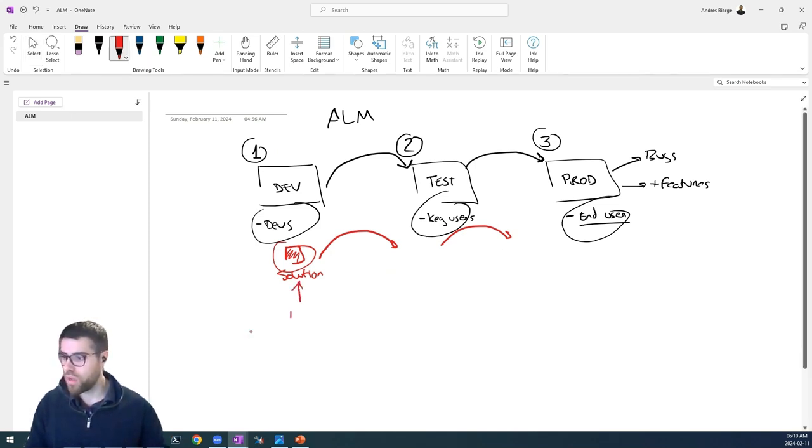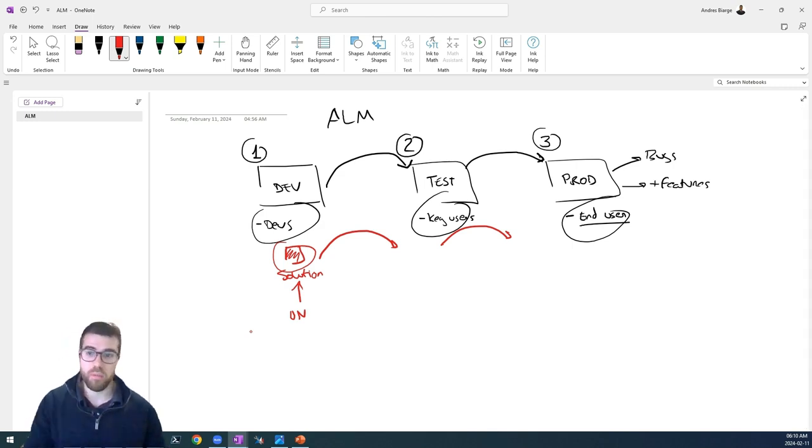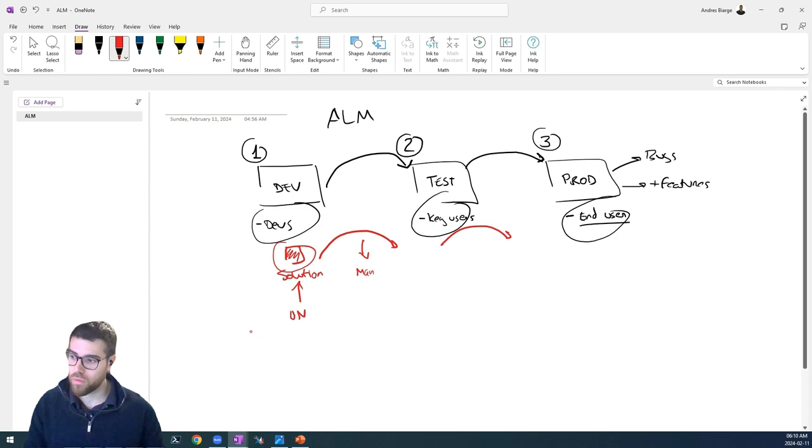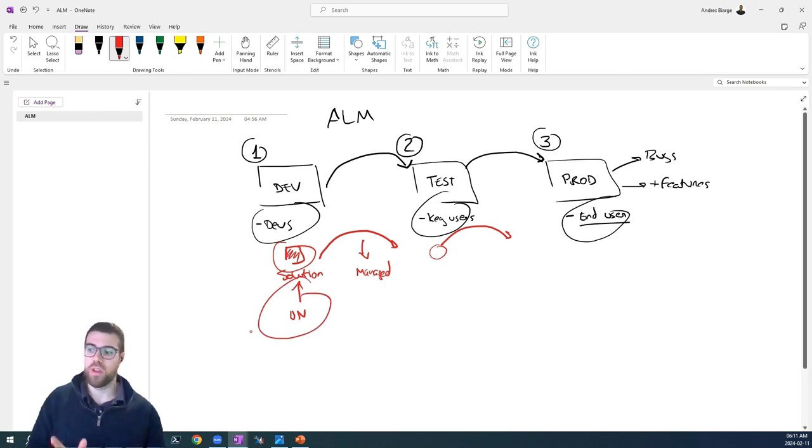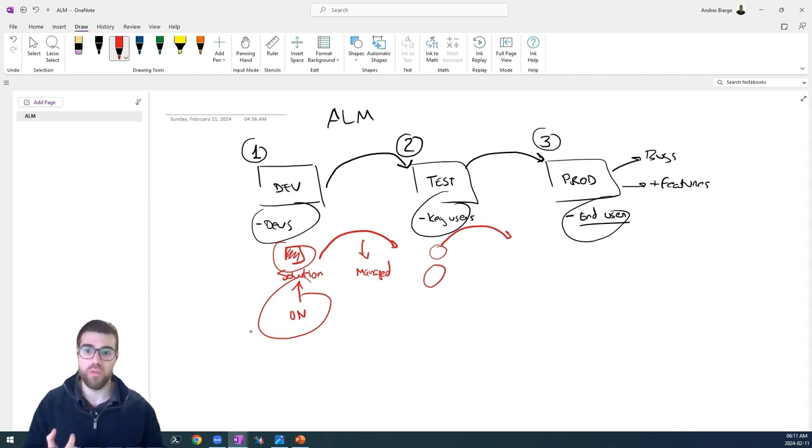this solution is going to be unmanaged, and when we want to deploy to the next environment, the next tier, we are going to import it as managed. This way the solution is not going to be directly editable. Of course, there are ways to edit introducing unmanaged layers. This is a different discussion, but for starters, what you need to understand is that we develop here an unmanaged solution, we deploy here a managed solution, and this is the regular way of doing things that will, let's say, save you from introducing bugs or layers that are going to mess around with your versions of the components that you are